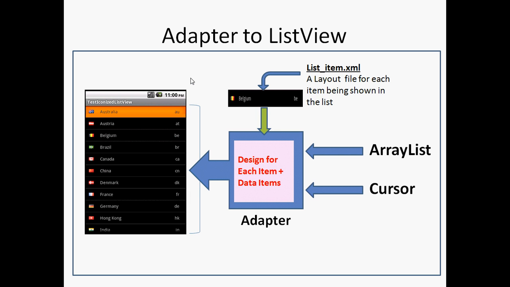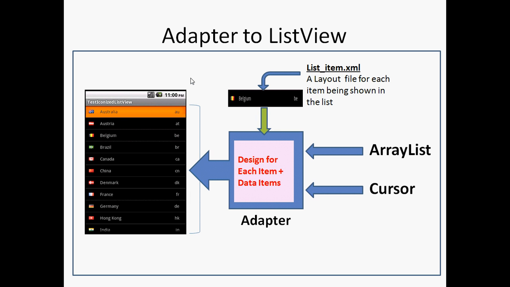Alright, so here you are going to provide the data item information from the array list. Suppose you have 5 countries, so those 5 countries must be in an array list. Those 5 countries will be the items of the array list, and this complete array list you are going to provide to the adapter. Adapter will take the design for each and every item, how to show each country name in the list view, and it will provide the merged information to the list view.